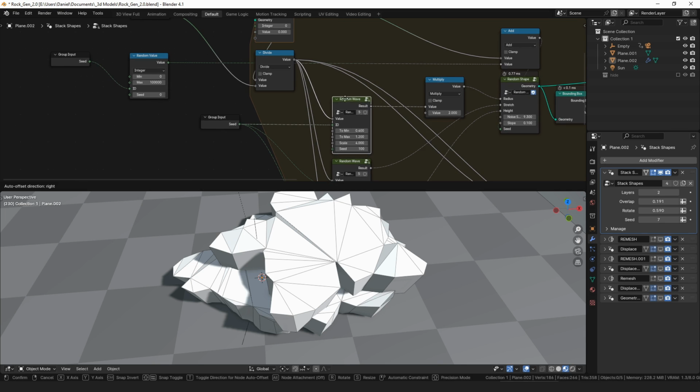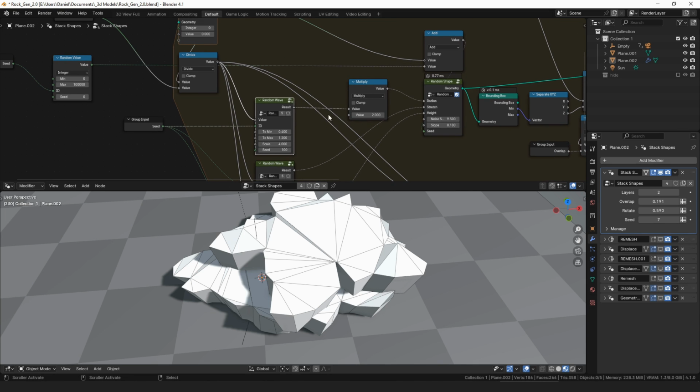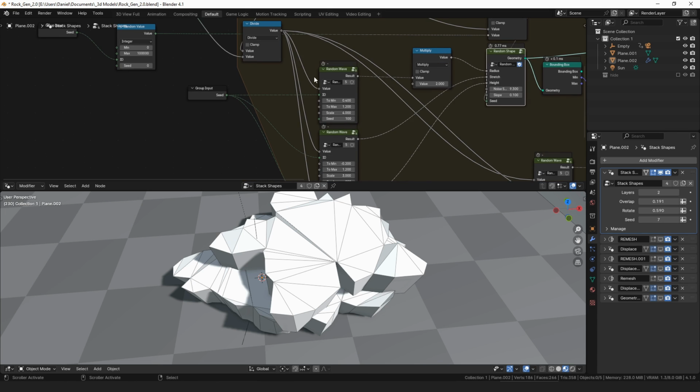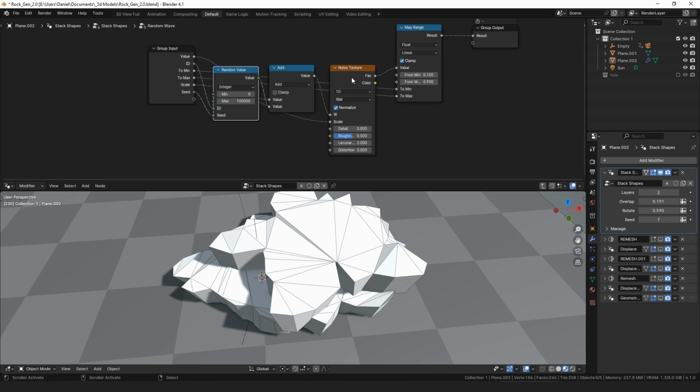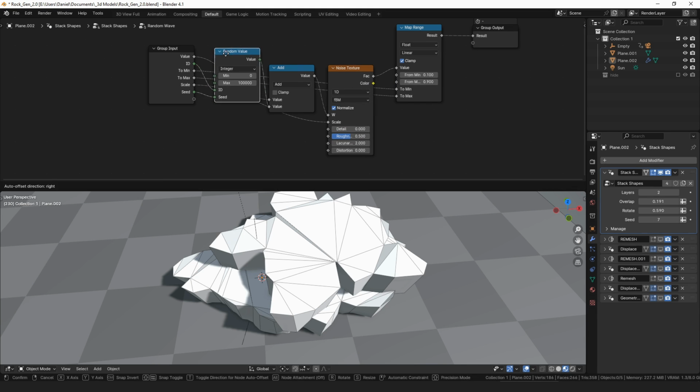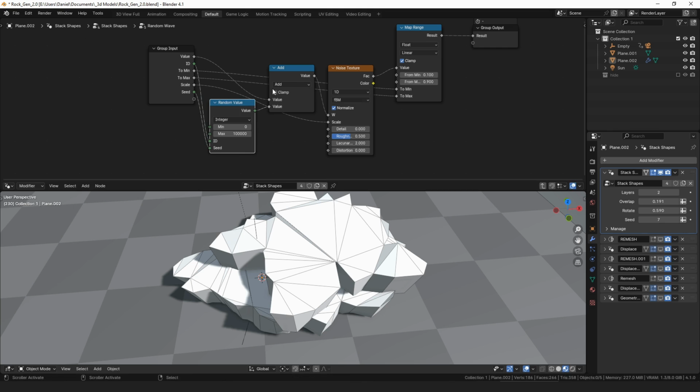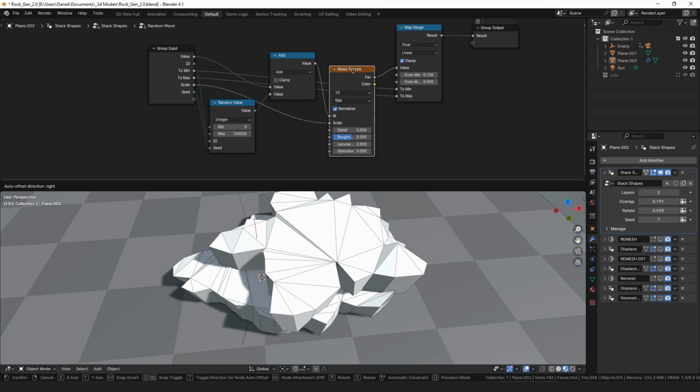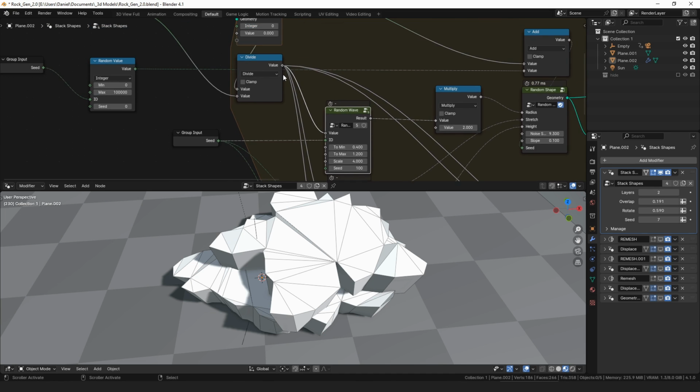But so then, using that value, we're going to make a random shape, but I want to randomize the random shape every time. So that's what these random waves are for. They are one-dimensional noise textures, and we're just creating a random value to use as a seed. So we're adding that to the value that's used as the W of the noise texture, and that value is